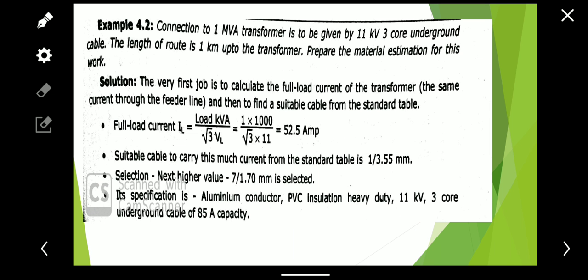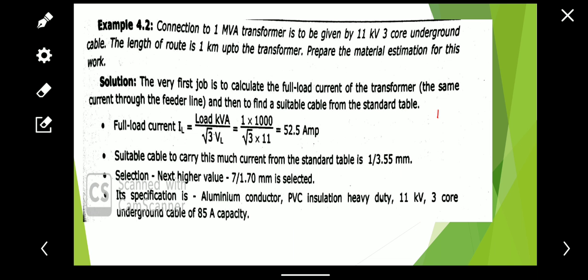connection of 1 MVA transformer is to be given by the 11 kV 3-core underground cable. The length of the route is 1 kilometer up to the transformer. Prepare the list of the estimation for this work. So